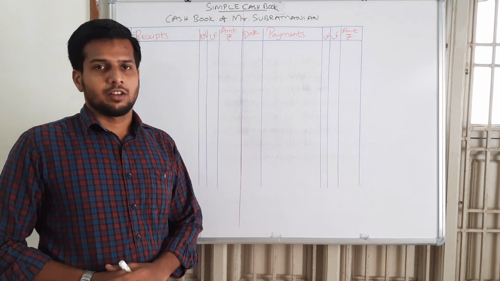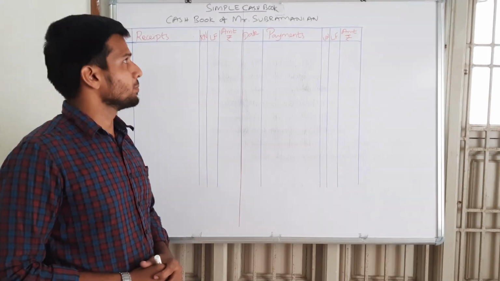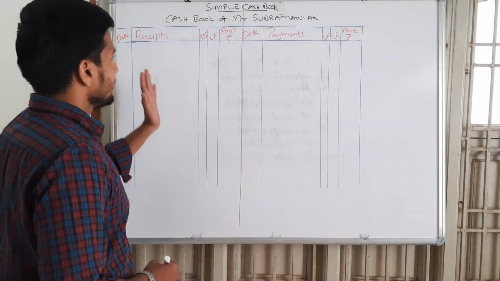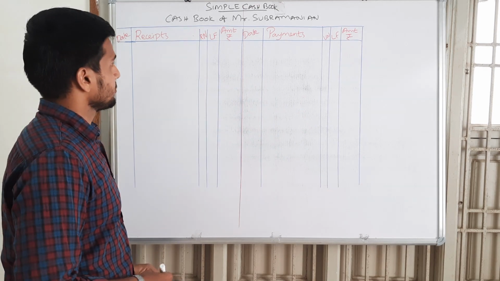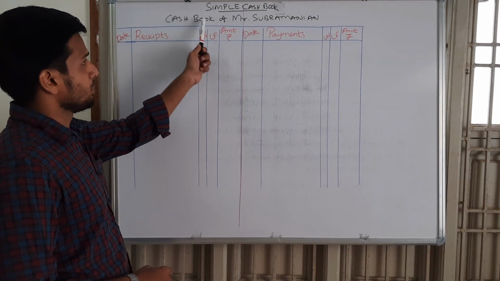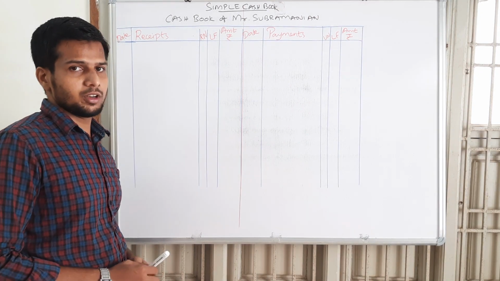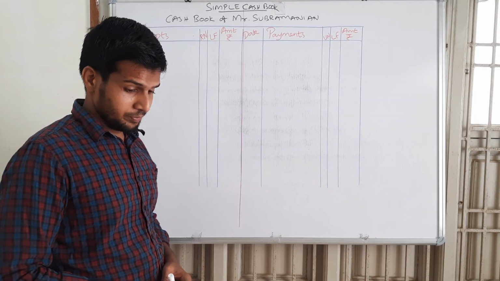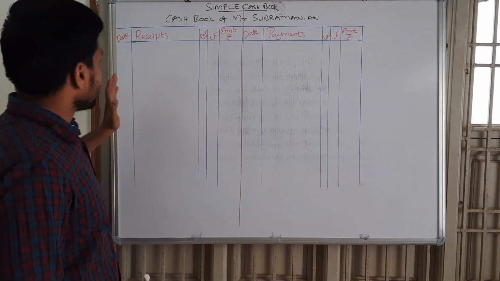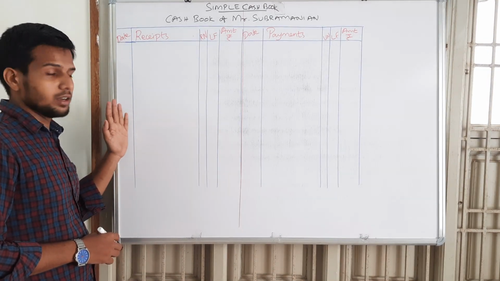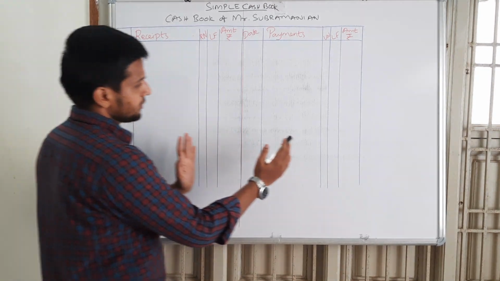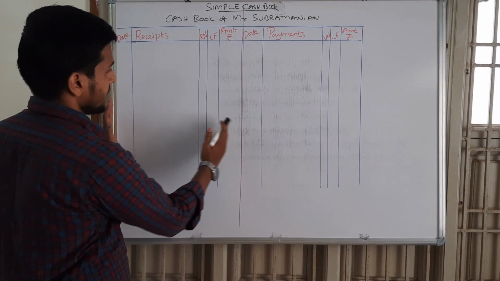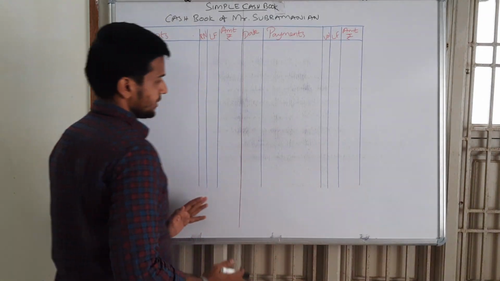And in this class we have a question related to the preparation of a simple cash book, that is the single column cash book. So this is the format of the single column cash book. On the top we have to write "Cash book of Mr. Subramanian", the firm name of the business owner given in the question. Here the first column is the date column, this is the debit side and this is the credit side, right? I have drawn a red line on this one. Here we have the debit side, and we have the credit side on the right side.